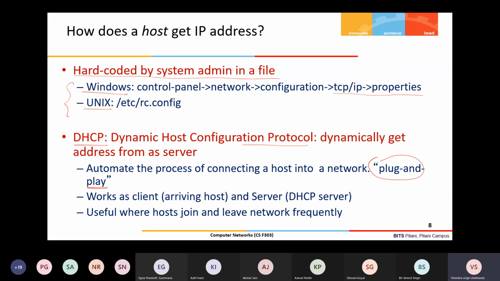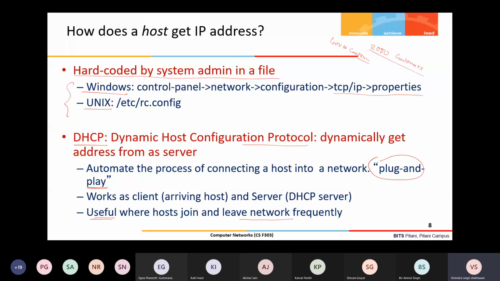It is useful in use cases where the host joins and leaves the network frequently. Take one example: say you have 2000 total customers, but at a time only 400 users connect to the network.